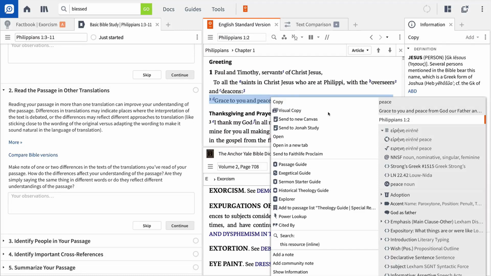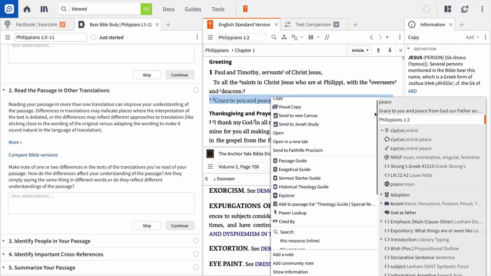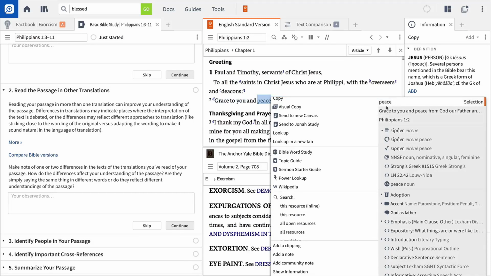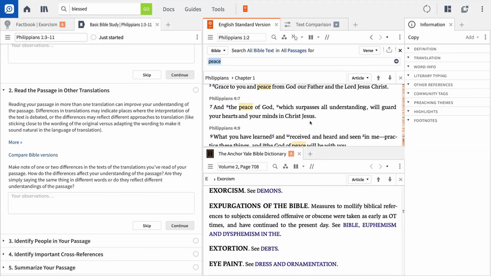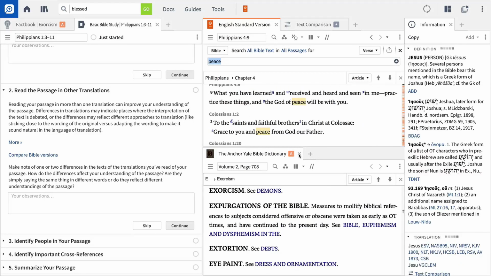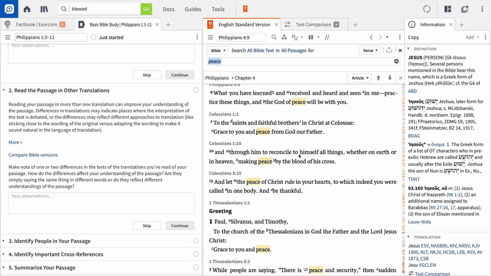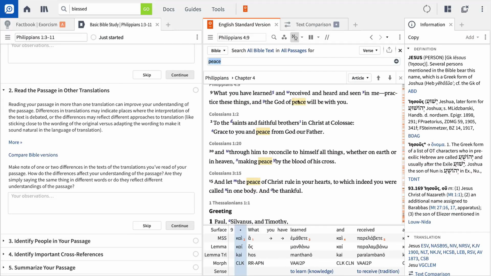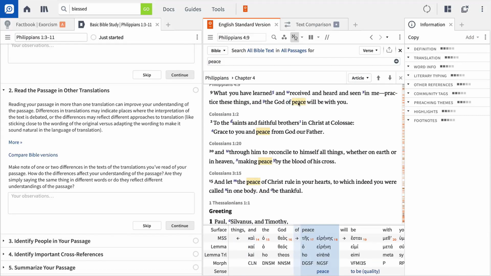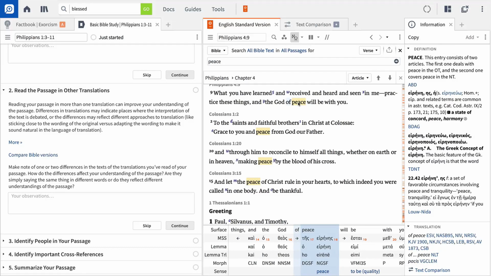For example, if you want to look for every occurrence of the word peace in Philippians 1:1, simply select the surface term from the right and choose to run an inline search from the left. With reverse interlinear Bibles like the ESV, Logos exposes the original language behind the English text. By clicking the interlinear button in the toolbar, you can select the English term in the ESV, then see the